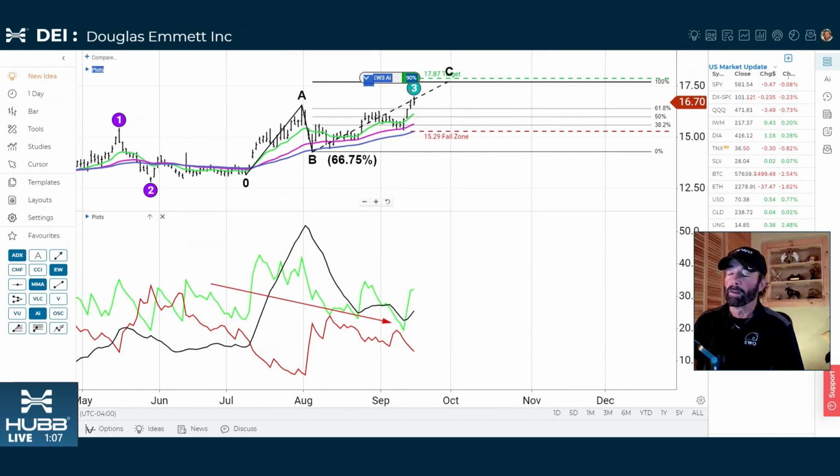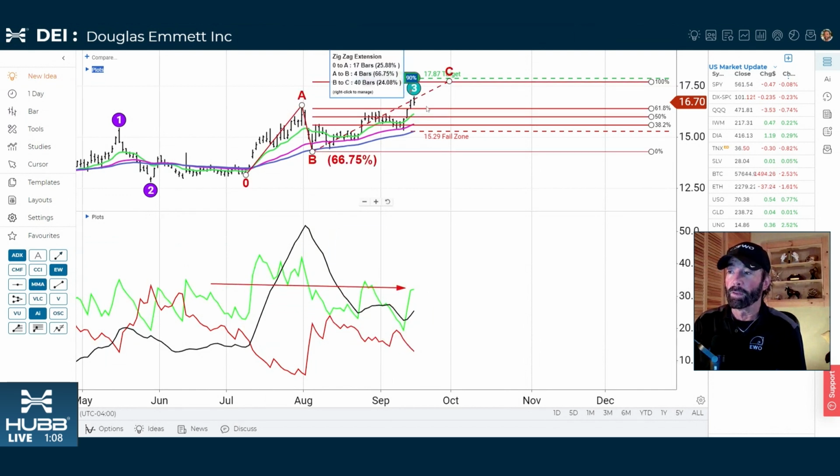It's not really a DMI rule. It's just kind of more of a guideline, as they talk about. That got pretty close. And then you can see we're separating pretty well once again on the two directional indicators, and the positive directional indicator moving up today, even though we're having a little bit of a tick down,